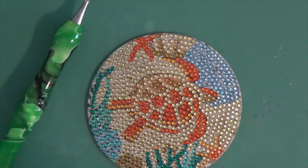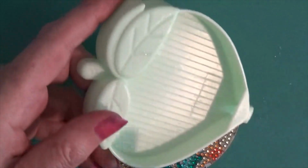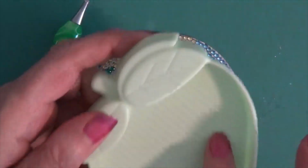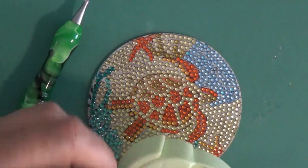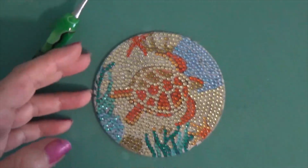Okay. Come on out. I have to tap it like that because there is a line there. Can you see it? Yes, you can. There is a line there that stops the diamonds from going out, and then some of these lines here that hold the diamond paintings, some of them will squeeze the diamonds and then I can't get them out, but that's neither here nor there. So here is the first one done,